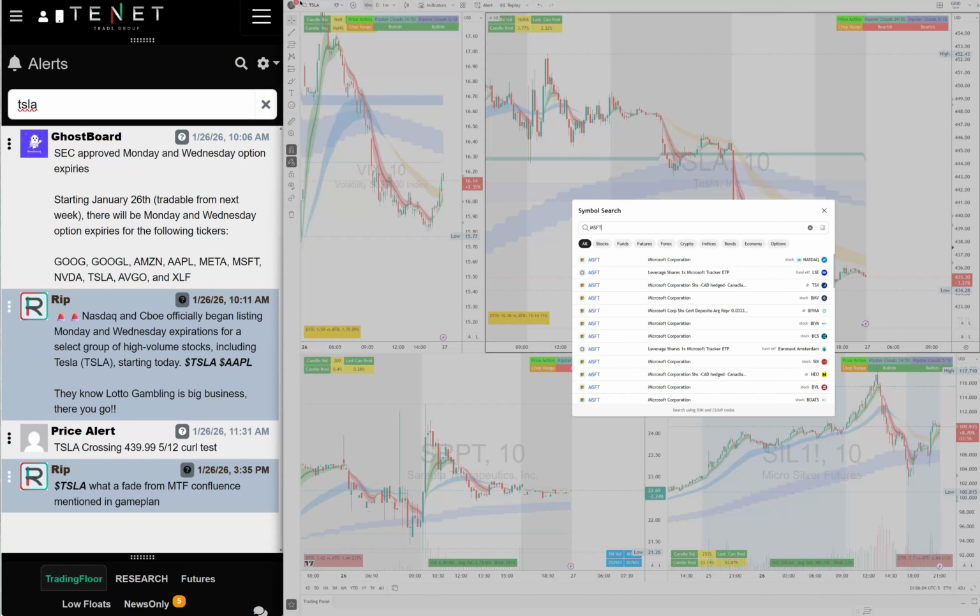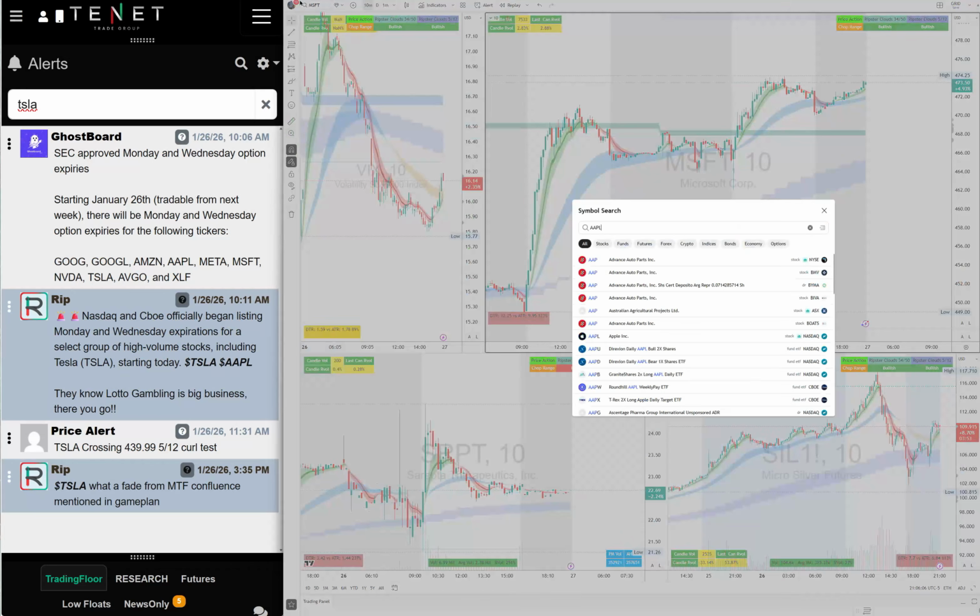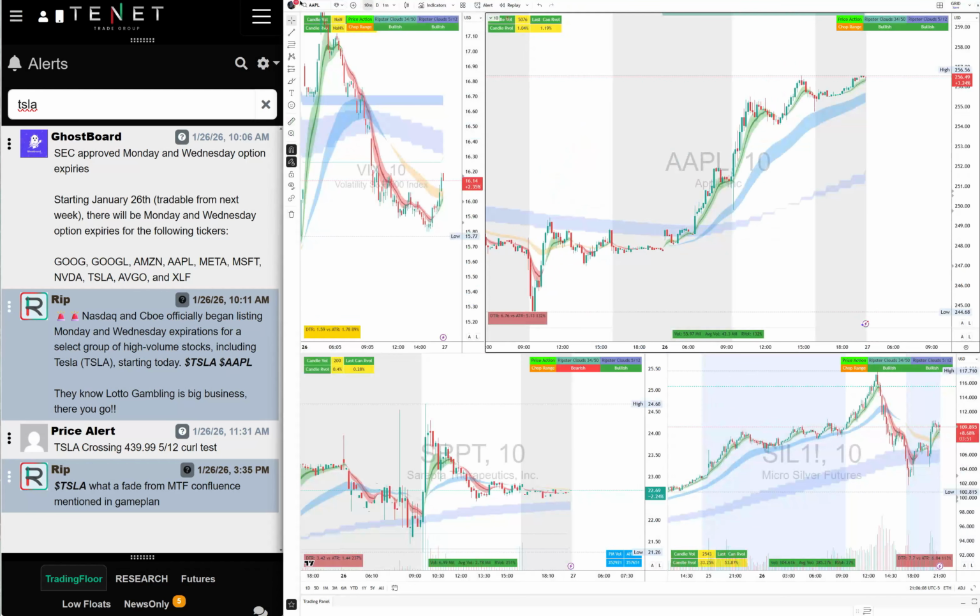But the long setups like Microsoft breaking out, Apple, which had news, those were your long setups. So this is how you identify what is strong. This is how you make sure if Mag 7 is strong, if the market would continue to run. Sometimes Mag 7s are not strong. Definitely SPY, QQQ is weak.